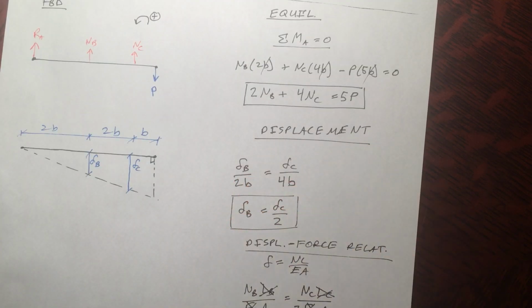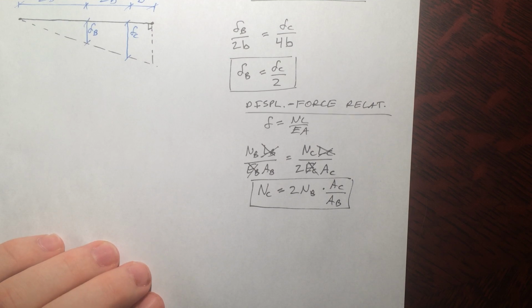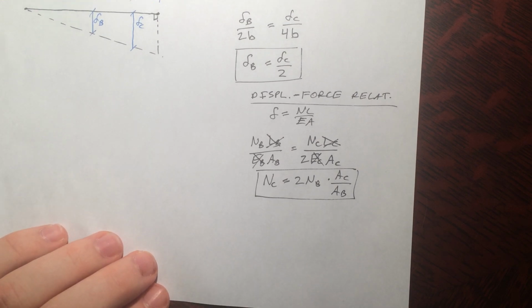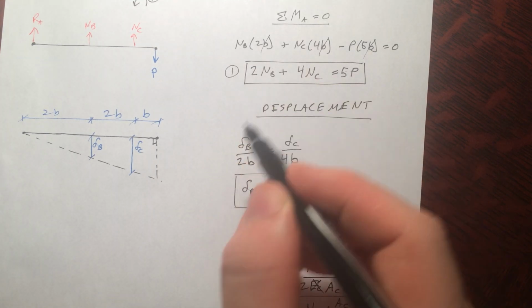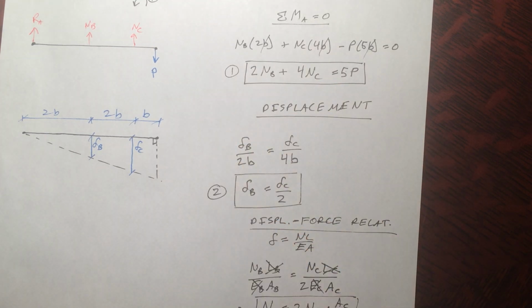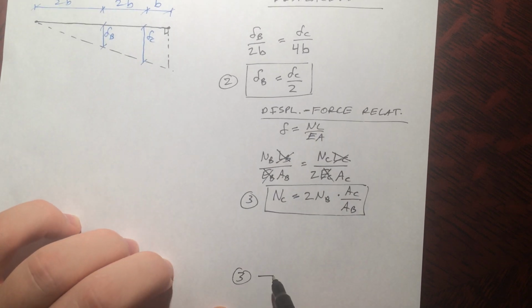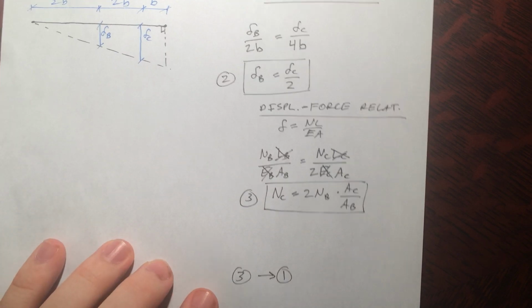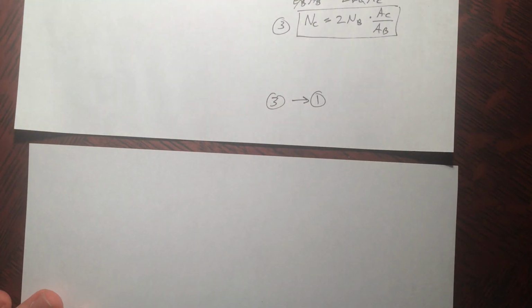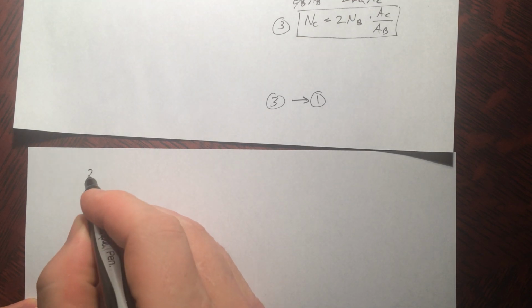We have NB, NC, one equation, NB, NC, another equation. Two equations, two unknowns. So let me just name these equations to make it straightforward as we're doing the algebra. So the first step is going to put 3 into 1. Okay, grab another piece of paper here. So putting 3 into 1, we get 2 NB